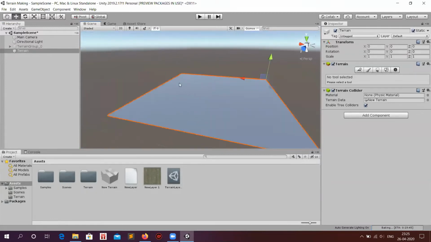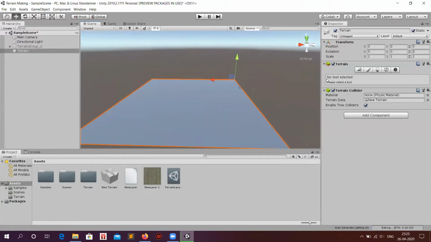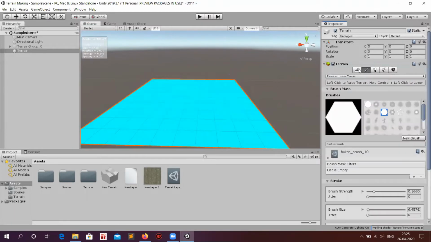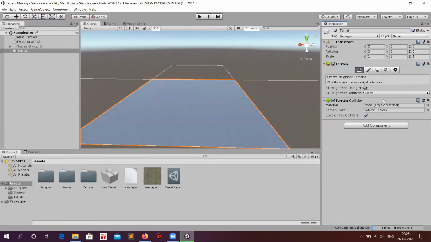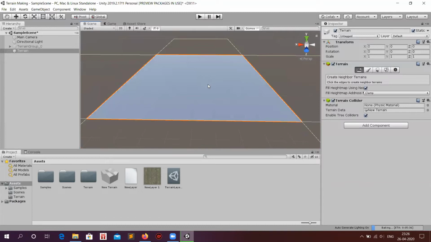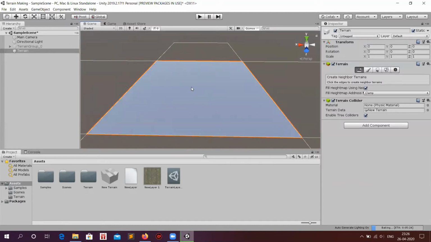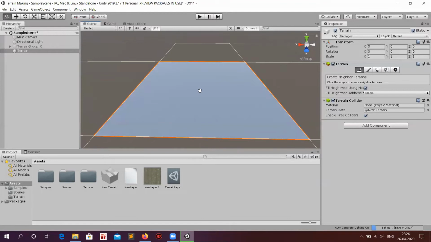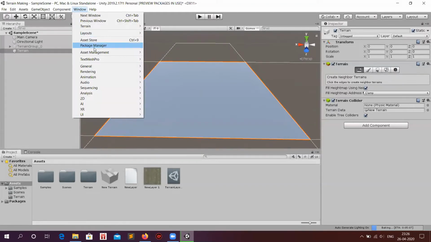This will show us a normal plane which is of size 500 by 500, I guess, which is the Unity default size for any terrain. If we want to create a terrain which is larger or smaller than this,